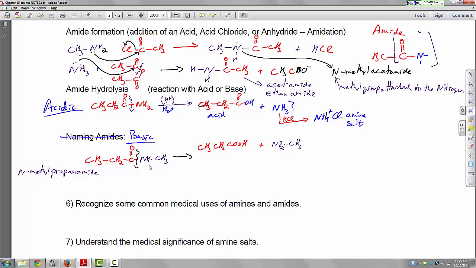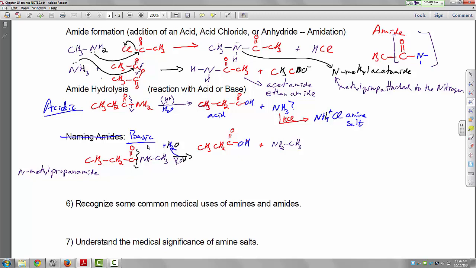So again, it's essentially like adding water across that bond here. The OH ends up on the, actually let me redraw this. Let me redraw it this way so it will be easier to see. The OH ends up on the acid, the hydrogen ends up on the amine, so you get methylamine and propanoic acid. Except, remember, this is under basic conditions. So let's say we use potassium hydroxide,